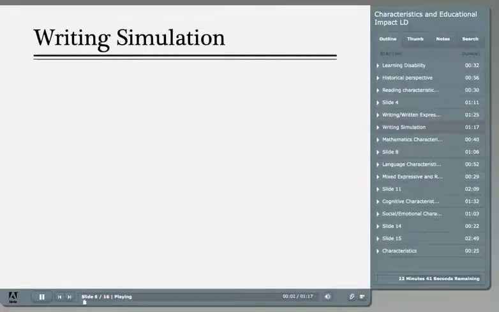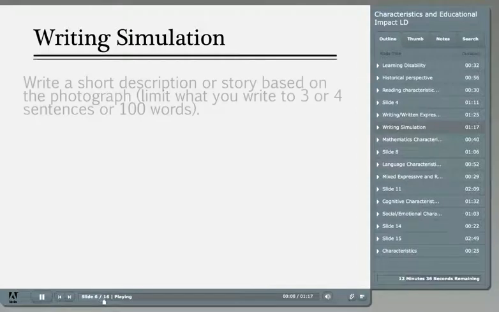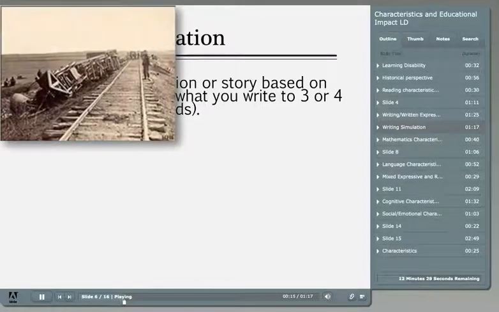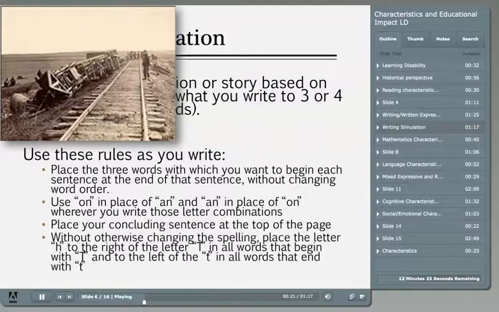Now let's try a writing activity that simulates what it's like to have a learning disability in the area of written expression. Write a short description or story based on the photograph. Try to limit what you write to 3 or 4 sentences or 100 words. Use the following rules as you write. First,